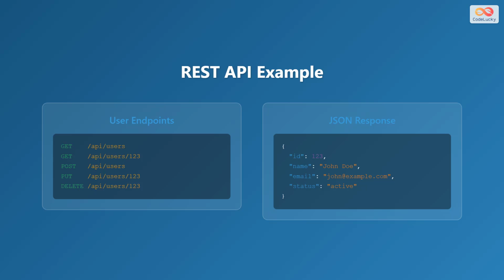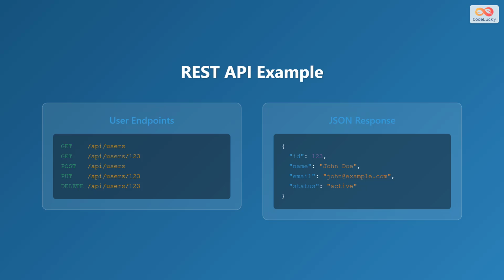Let's look at an example representational state transfer API for managing users. To retrieve a list of all users, you would use GET /api/users. To retrieve a specific user with an ID of 123, you would use GET /api/users/123. To create a new user, you would use